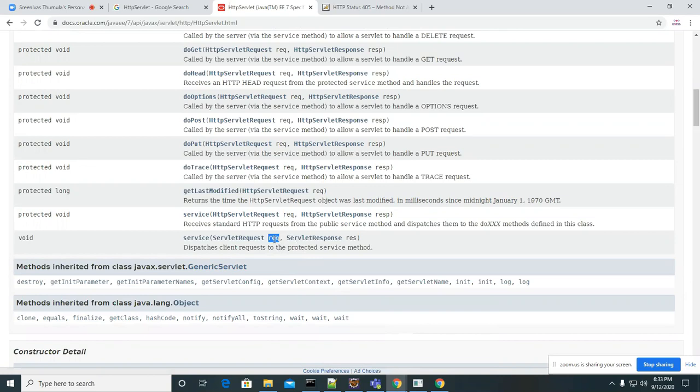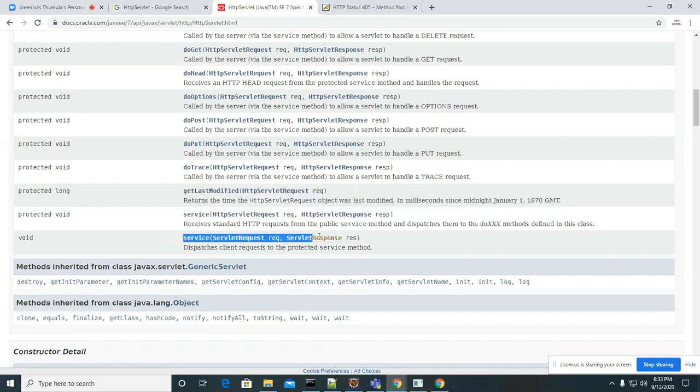In the first time it gets the data, so based on that it decides. So here what will happen, this service method internally calls the HTTP servlet service method.